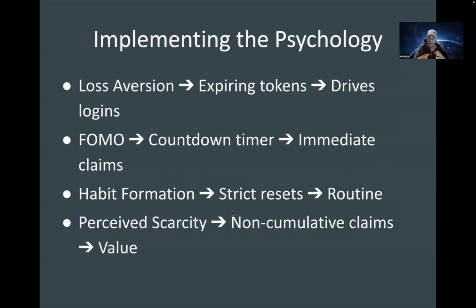So how do we go about implementing this psychology? For loss aversion, we have these expiring tokens, which drive the logins. We've already gone over this. For FOMO, we have a countdown timer and immediate claims. For forming habits, we have strict resets, and we are creating a routine. Then we have the perceived scarcity component, with non-cumulative claims, which are valuable because they are scarce,